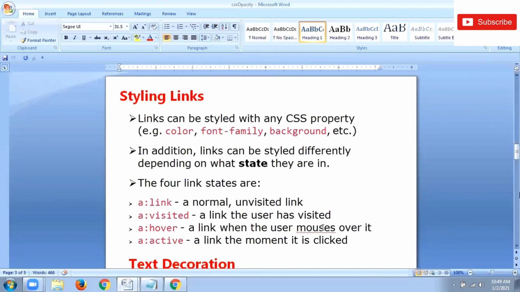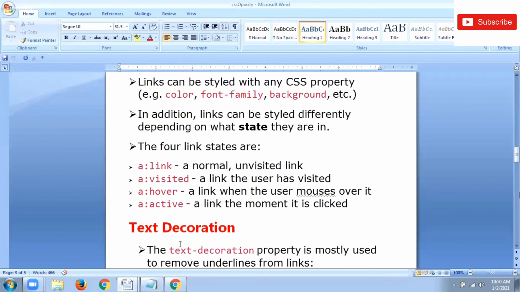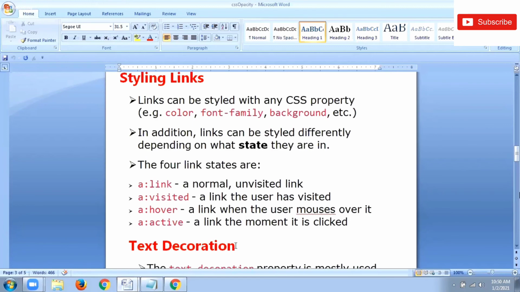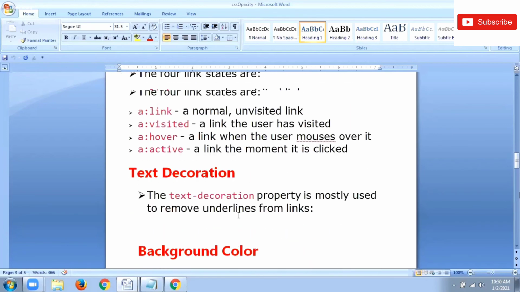Then whenever you put your mouse cursor over the link, that property is hover, then active. Once the link is activated, the property you can use is active. So for this you can set your particular background; not only background color, the text decoration property can also be applied. Then you can apply your particular background color also.